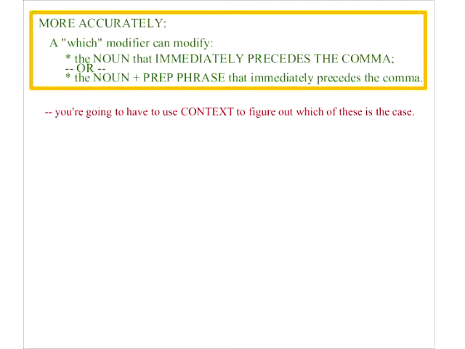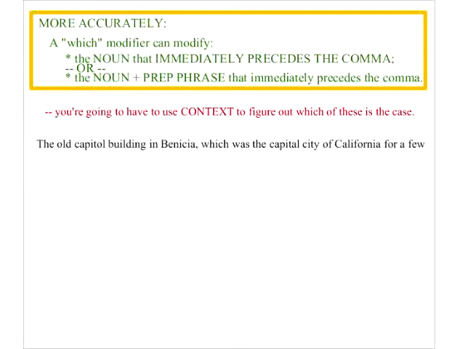If you say the old Capitol building in Benicia, which was the capital city of California for a few years in the 19th century, is a historic landmark,